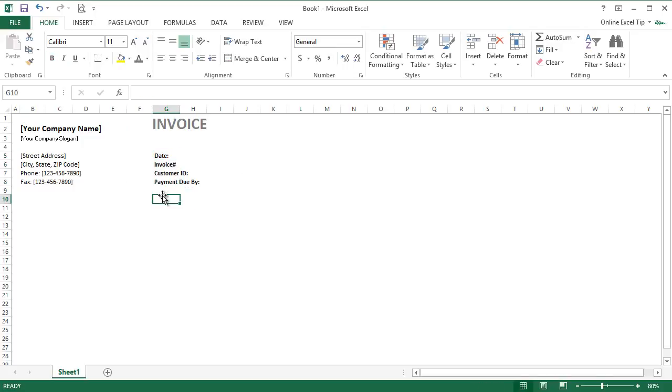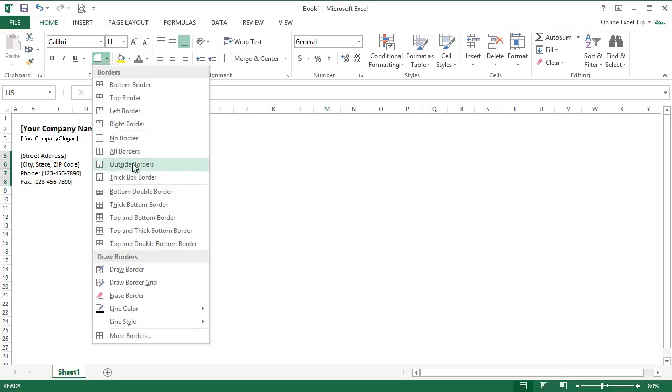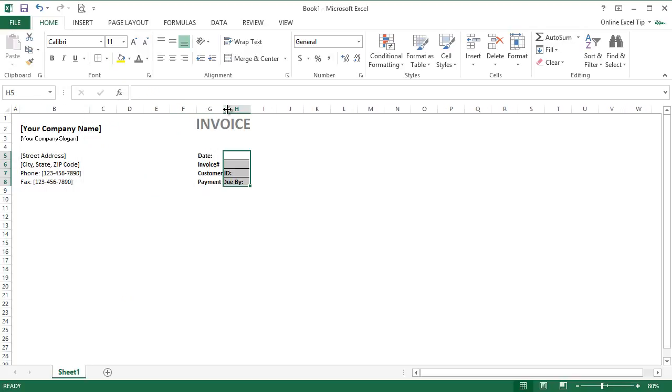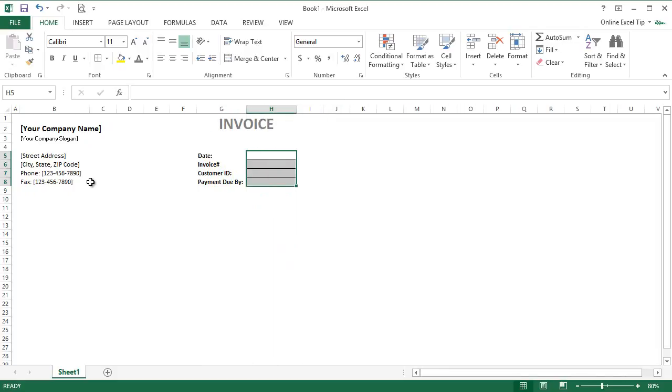You can supply the input for these details in their corresponding range from H5 to H8. So to do that, let's format this range H5 to H8 and we select this range and then we go to borders and apply all borders. Now let's increase the column width a little bit for these headings and for this column.